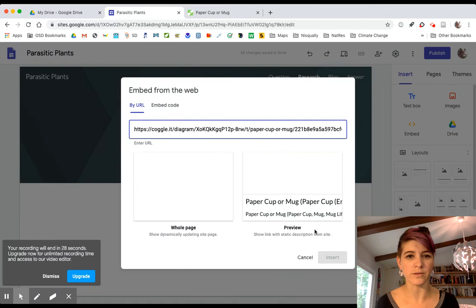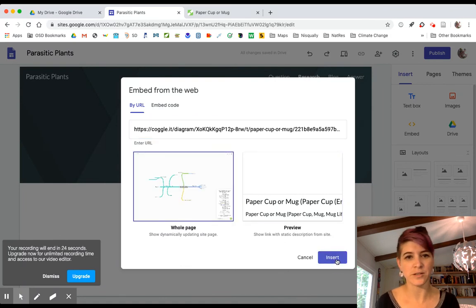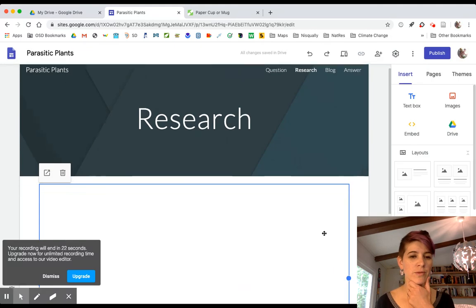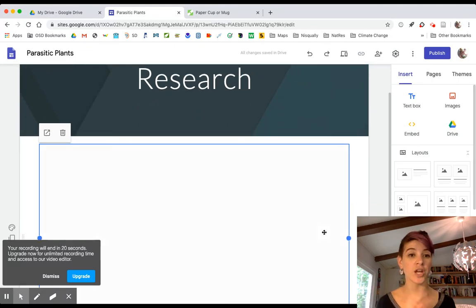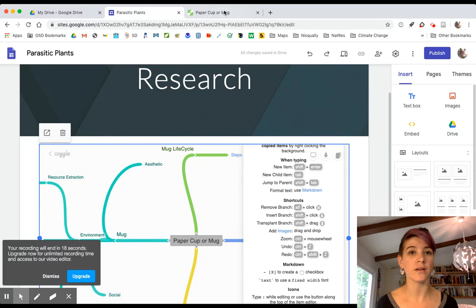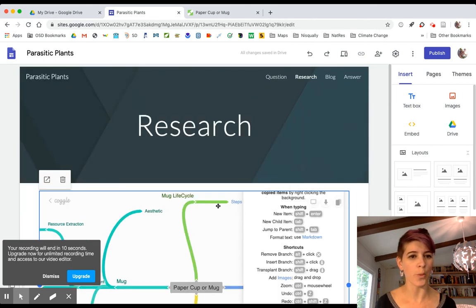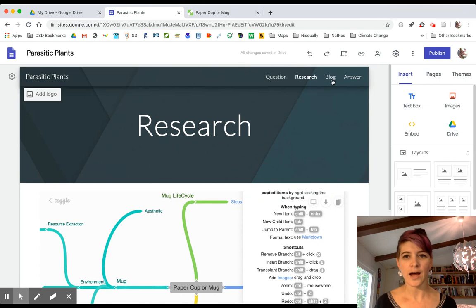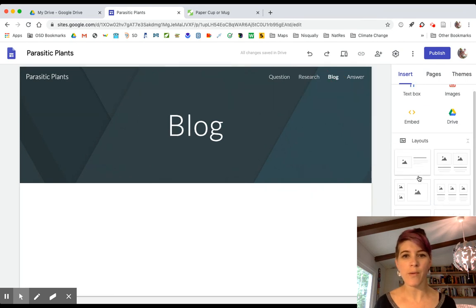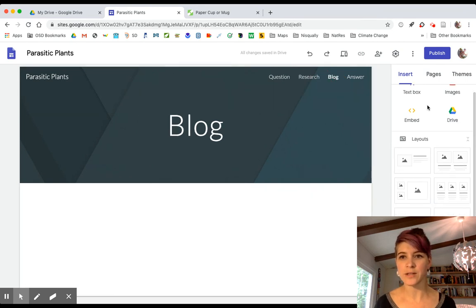Sometimes there's different things. And I'm going to go ahead and insert the entire page so that they can actually interact with my concept map. And it'll change as I change the concept map over on my Coggle, which is pretty cool. I could actually edit it from my Google site, even though that would probably be very slow. Dismiss. Blog, you are going to probably want to use a format that has images in it. So if you click insert and then do a layout that